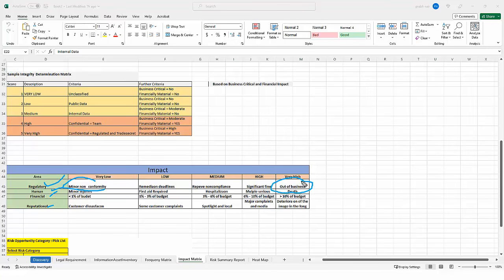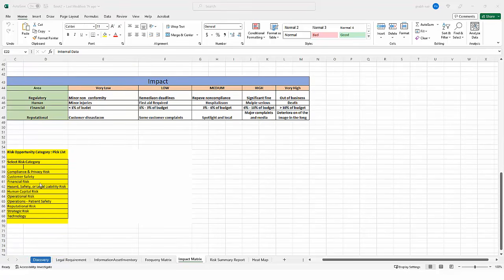Now we have the same for physical safety. For that we're doing a risk assessment. We discovered that suppression systems are unavailable. Minor injury is very low, but major injury is death. So we know if the suppression system is expired, we need to replace it because the impact is death. So sometimes the impact is based on CIA, or sometimes on these 4 dimensions: regulatory, human, financial, and reputation. So it is up to your business how you define it.